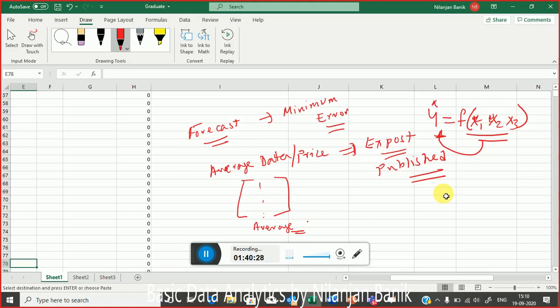Dada, if you are writing, it is not visible. Now I'm not writing, I'm just talking. Okay, okay, now I'm writing. Is it visible now? So let's say that in